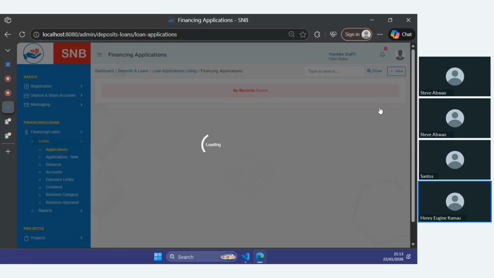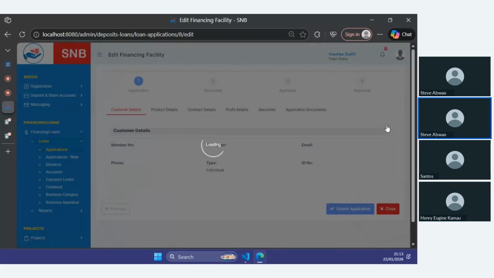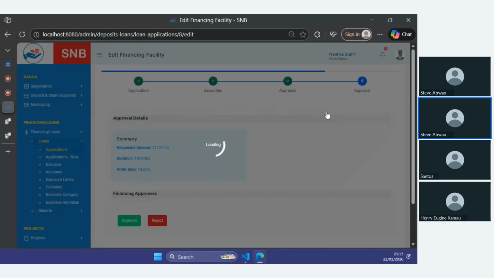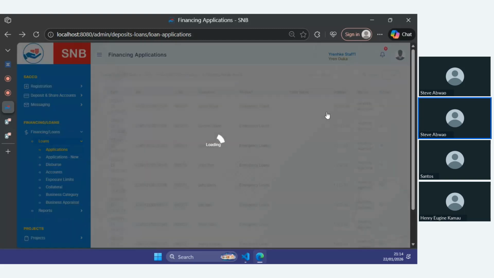Nataka kuonyesha tu how the other one was working this out, lakini I've tried to fix your shida ya declining. Imekuwa bado. Yeah, declining is a very interesting one because I don't know what happens. The way it worked when I worked on it before, you're supposed to